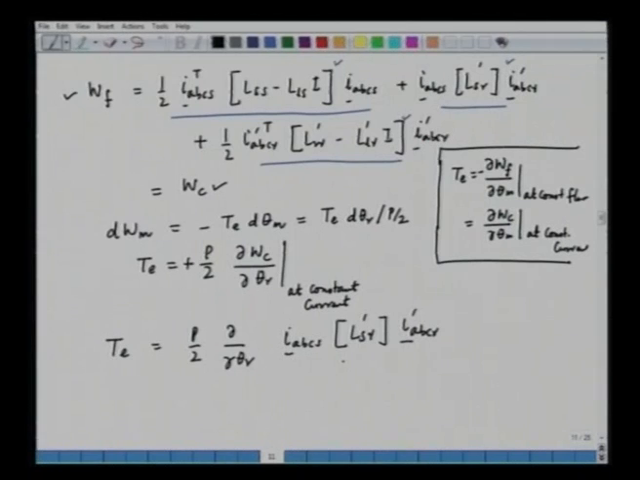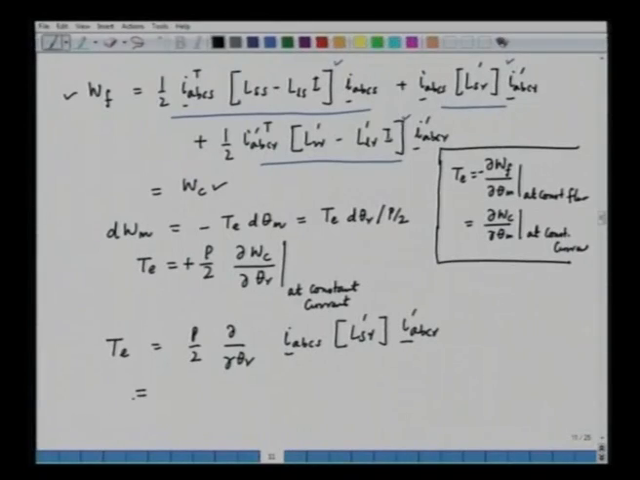Now, you know that this L_sr will be a function of cos theta r, cos theta r minus 120, and cos theta r plus 120. So, we can differentiate that and then simplify this. That expression will be a complex expression. We can finally write this expression as follows. That is equal to minus P by 2 L_ms, i_as into i_ar prime minus half i_br prime minus half i_cr prime